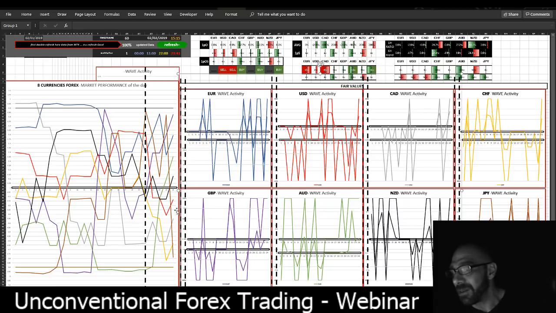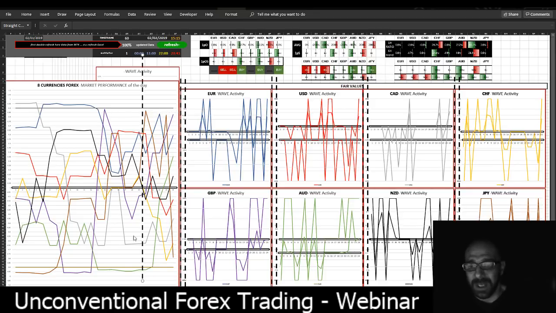This is the whole day of Friday. This is the end of Friday here. And so this is the end of the markets of the last week, Friday. And this is the beginning, 24 hours. Okay. So let's say that we move and we are in this area. What we see in this area at this moment, we see that this green bar and also this CAD, this gray bar, so we have Aussie and CAD,